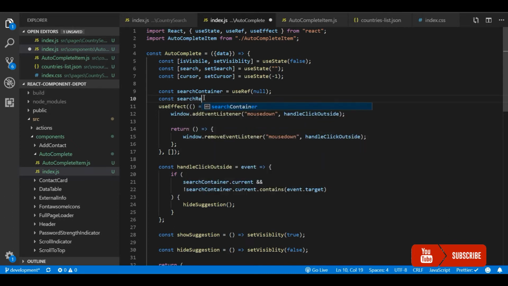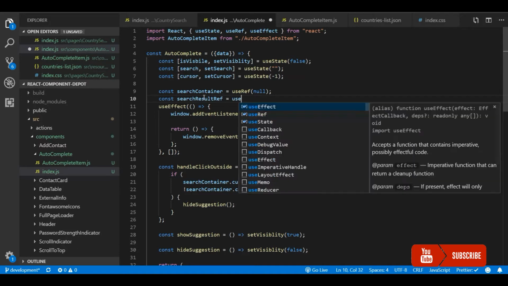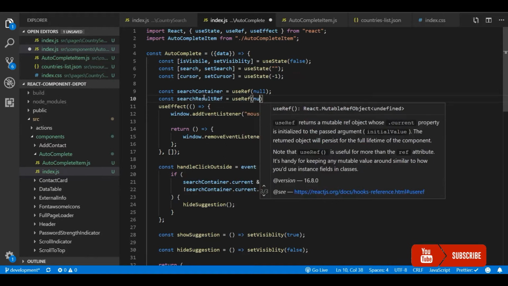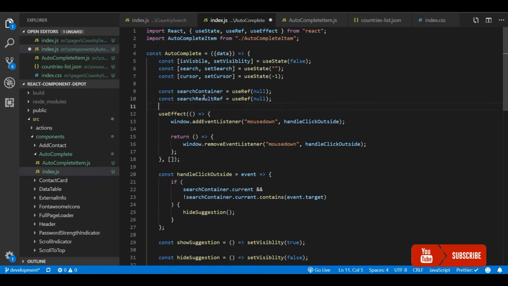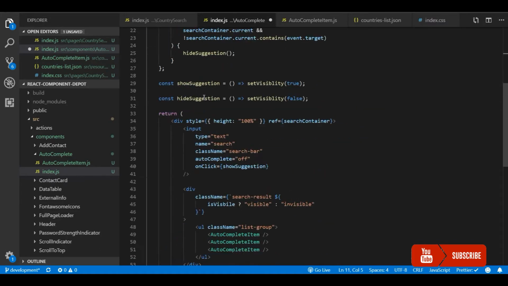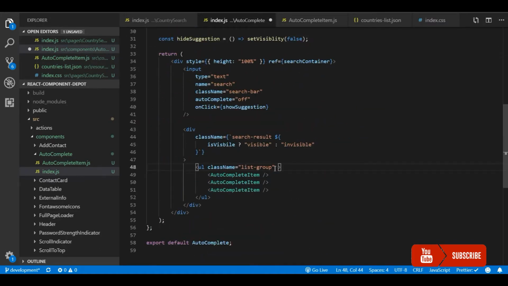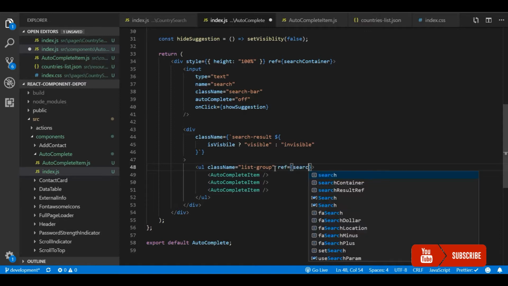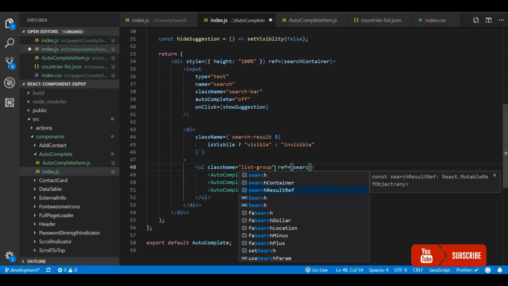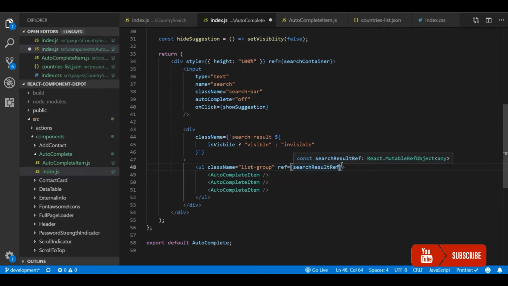Now let's have a search result ref for the container surrounding the search result, the drop down box. So this is another element reference from React. I'm going to place this element ref on the UL. We will be using this later. For now I'll be just adding the ref.